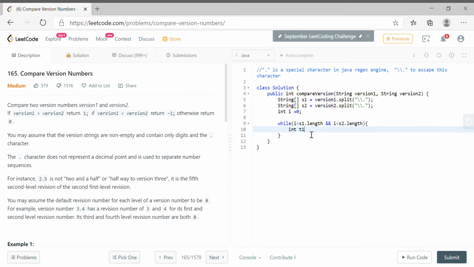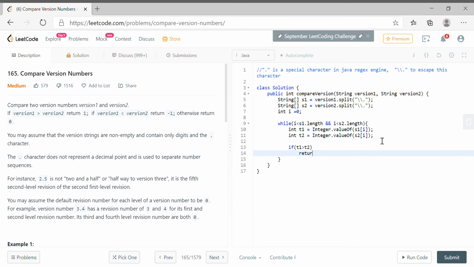We'll take temp, which is Integer.valueOf of s1[i], and similarly we'll do it for s2[i]. Now we have a value for both.